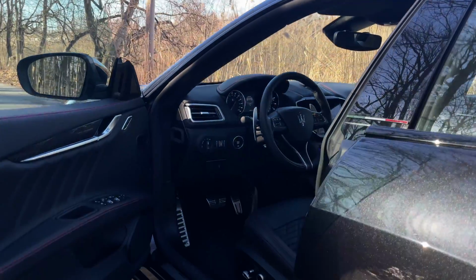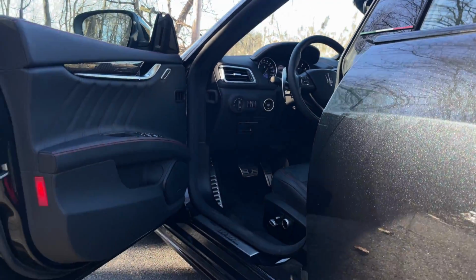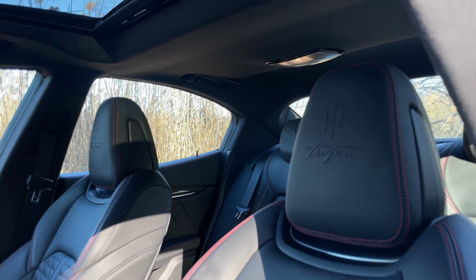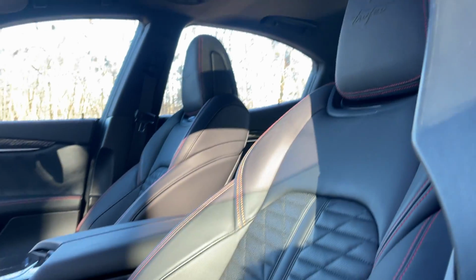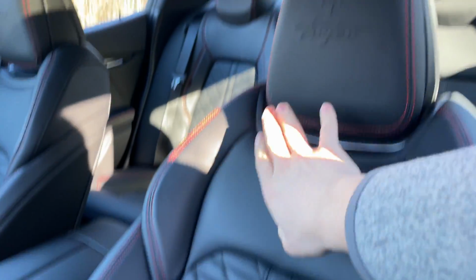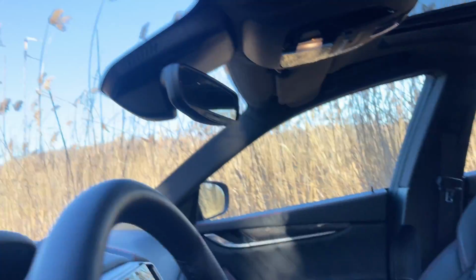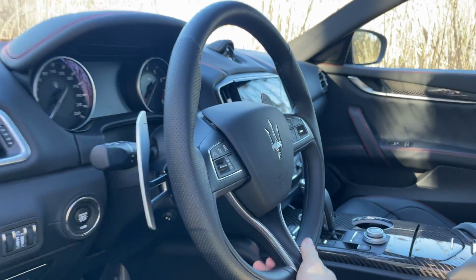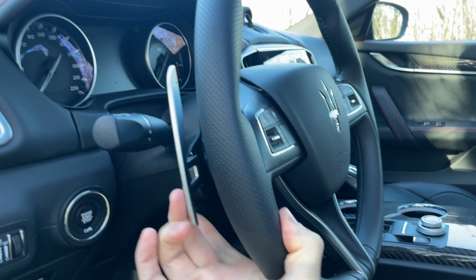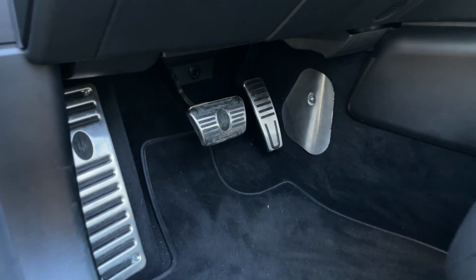Inside, we do get carbon fiber trim, which is really premium feeling. We have this really nice premium leather, the red stitching, leather stitched door panels. We also have these really nice seats, really well bolstered. The Trofeo logo is embossed into the headrest. But headliner wise, we do have this kind of micro suede material, which feels fantastic. Traditional Maserati steering wheel, nothing too fancy here. Though you do have these beautiful paddle shifters that all the Ghiblis are able to get. Really love their